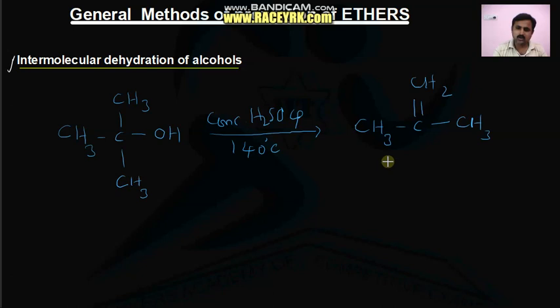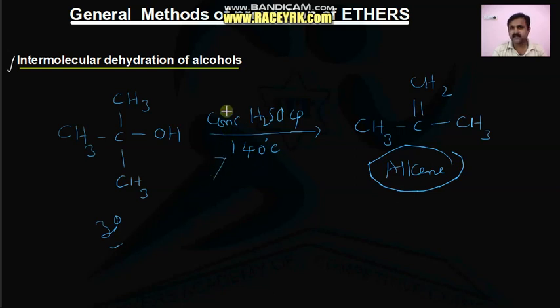So we got alkene, isobutylene. This is nothing but an alkene. So you want to prepare ether, but we got alkene from the alcohol, that is tertiary alcohol. Even if you go beyond 140 degrees Celsius for normal alcohols, also secondary alcohols and primary alcohols, the situation is the same, that is removal of water. Elimination takes place from the ethyl alcohols and gives alkenes.